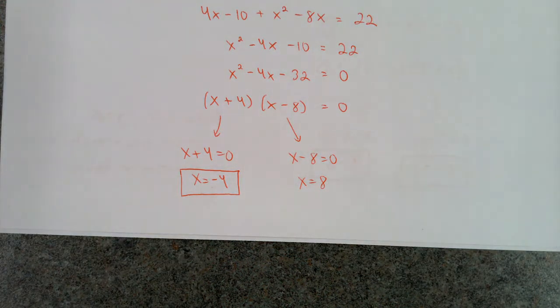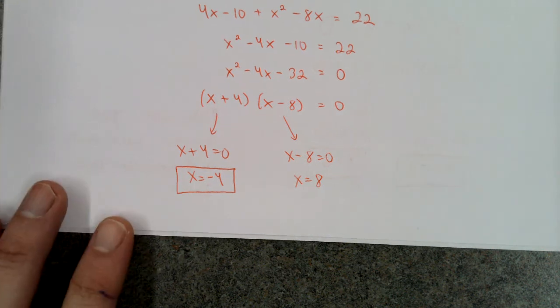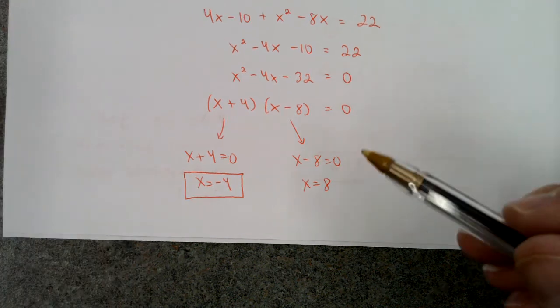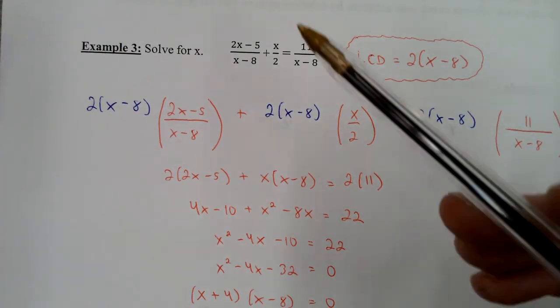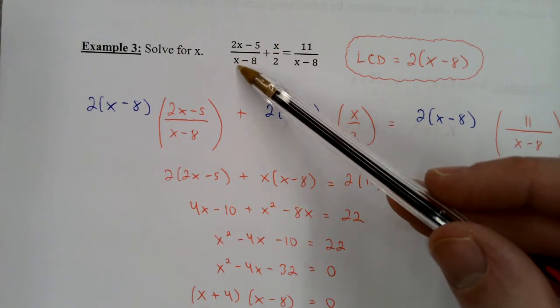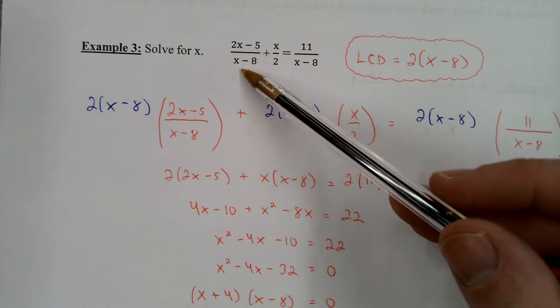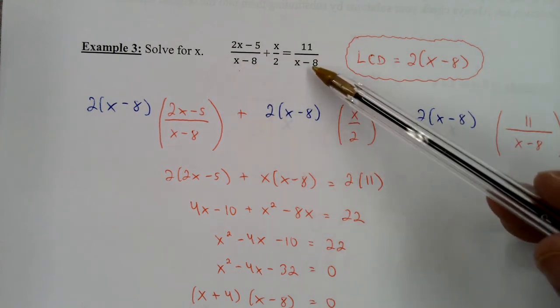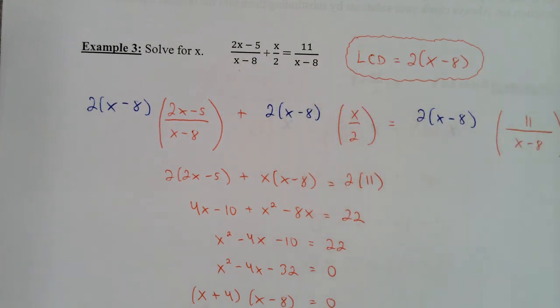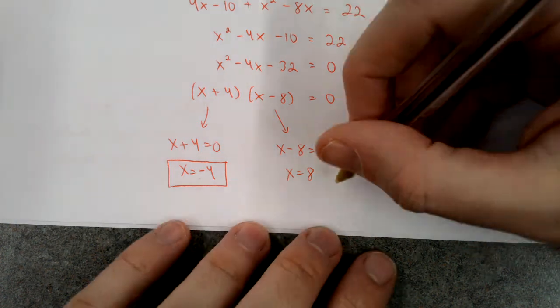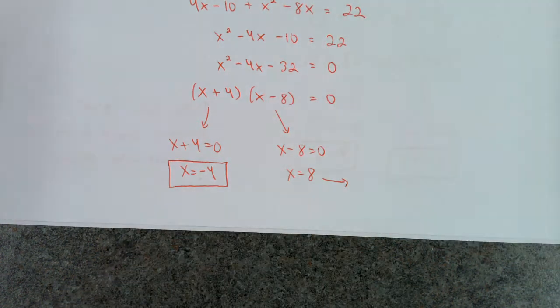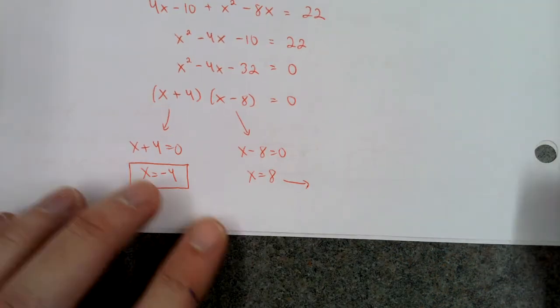However, x equals 8. Does that make any denominators equal 0? Yes. When you substitute x equals 8 here, you get a denominator of 0, and you also get a denominator of 0 here too. So that means it's not actually a solution. It's called an extraneous solution. Okay, so let me just jot that down. This is an extraneous solution,